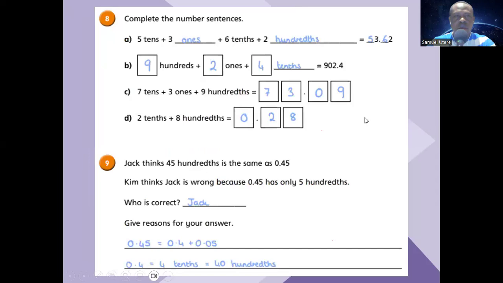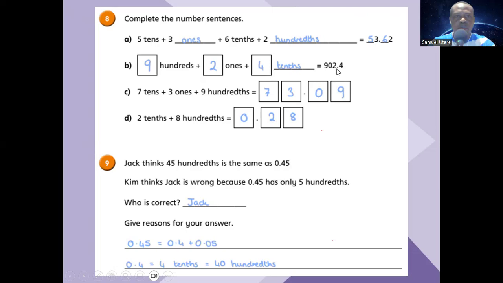Here, question 8, we were asked to complete the number sentences. 5 tens plus 3 ones plus 6 tenths plus 2 hundredths will give us 53.62. Then 9 hundredths plus 2 ones plus 6 tenths plus 4 tenths will give us